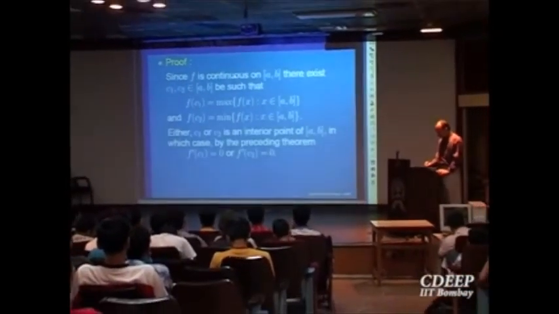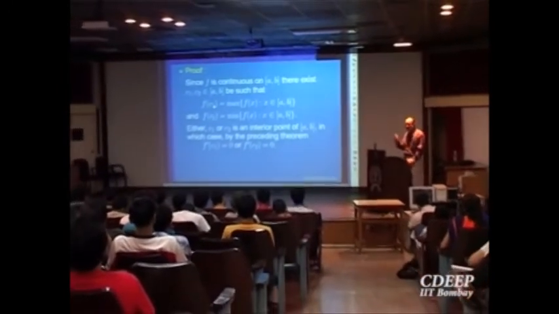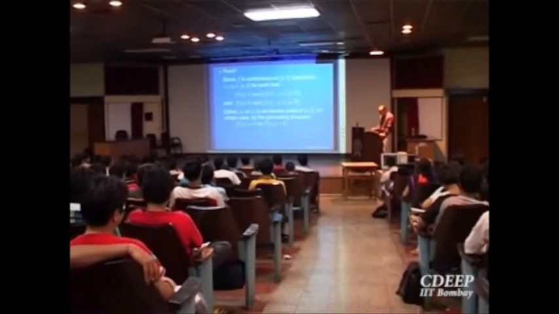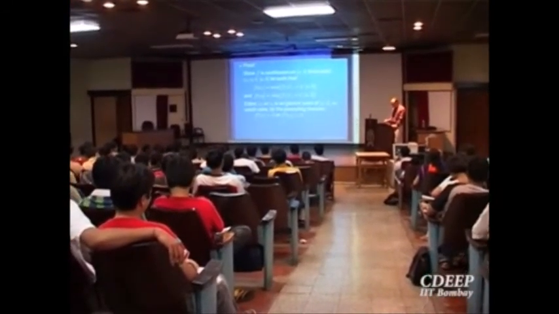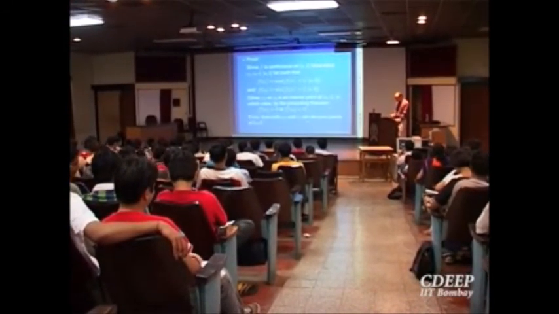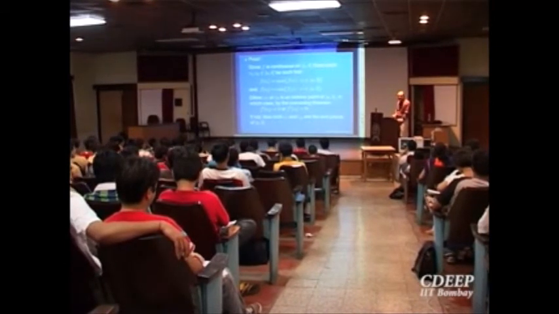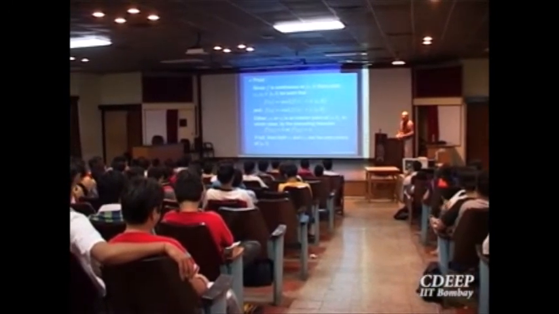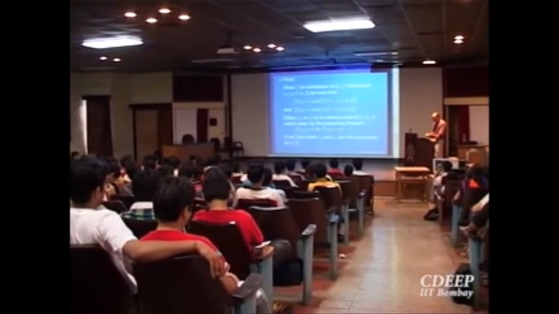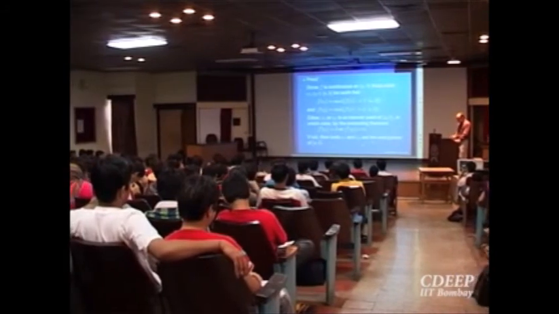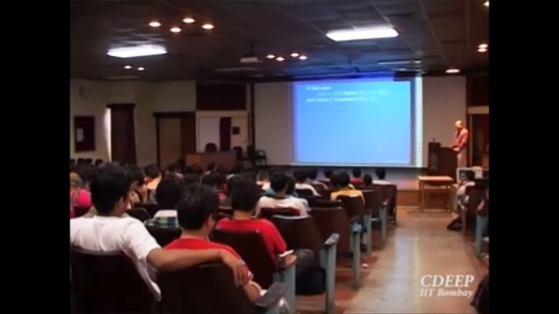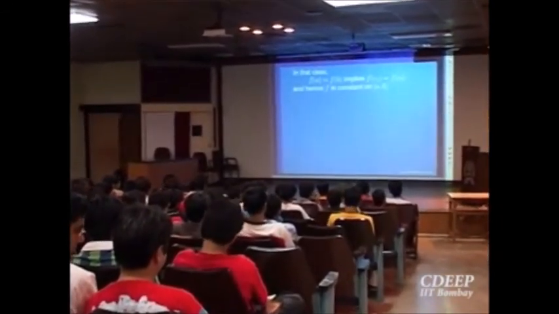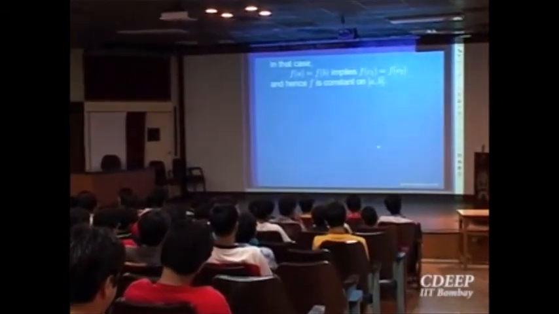So the main crux is to ensure that there is a turning point somewhere. That is by continuity on the closed bounded interval. Now the only possibility is that at least one of c1 and c2 is an interior point. In that case the derivative will be 0 by the previous theorem, because the function is given to be differentiable in the open interval and c1 or c2 is an interior point. Hence the previous theorem is applicable. If not, they are endpoints, and in that case it is a constant function and the derivative is equal to 0. So that's how you think and write the proof. Each step you justify by a known fact.